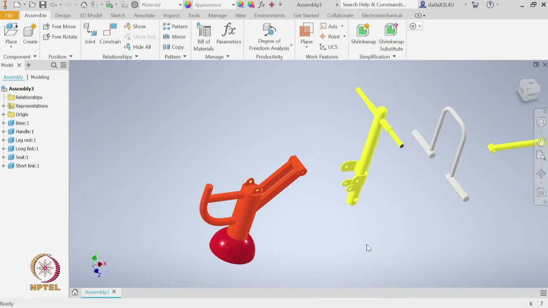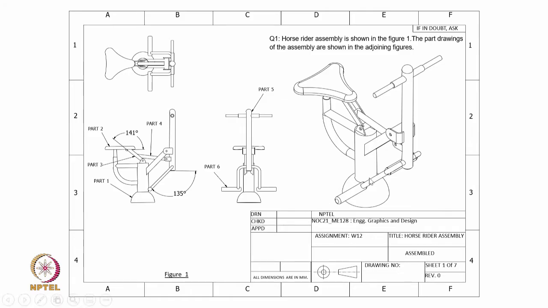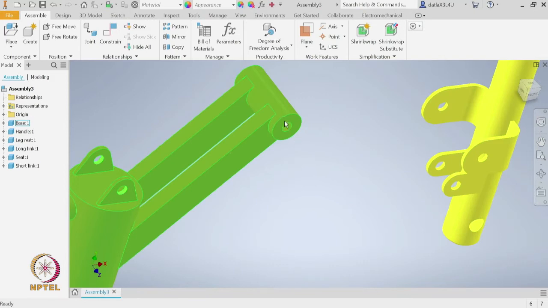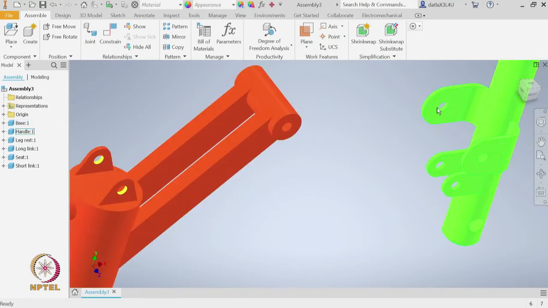So, now let us see how to get started. What I will do first is attach the handle to the base. How do we attach that? Those are attached at these holes on the handle. What I mean is this axis of this base should match with this small pair of holes.